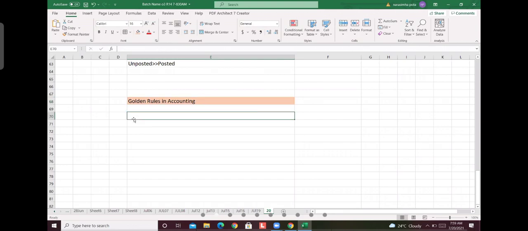See, we have the personal account. Receiver as a debit. Giver as a credit. Giver means